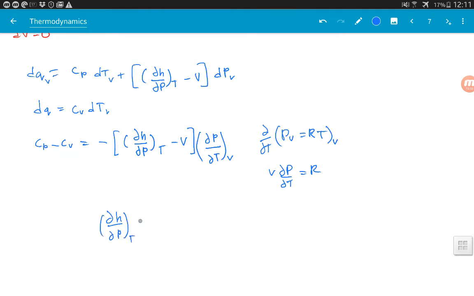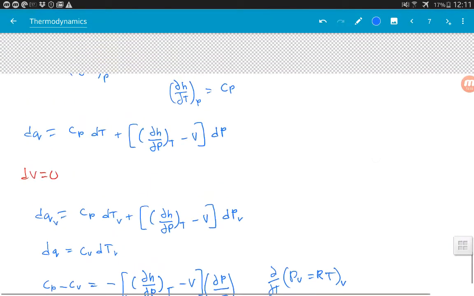So del H del P at constant T, del P del T at constant H, and then another one is del T del H at constant pressure, equal to -1. So again, what we're going to look at are these values. So rearrange, which gives us